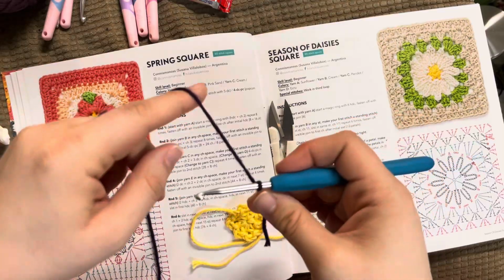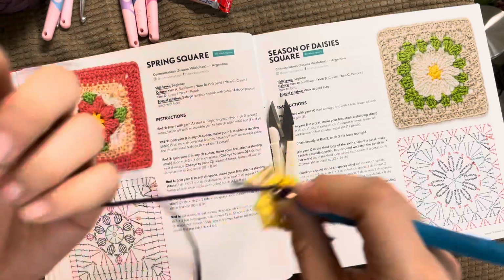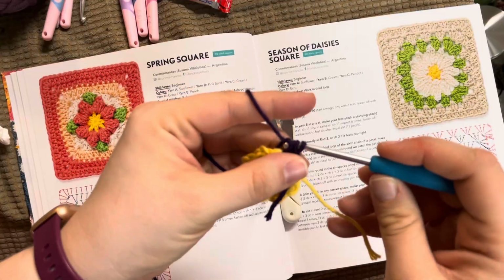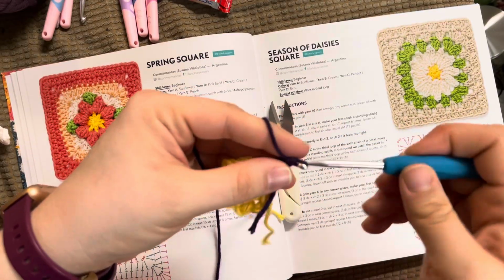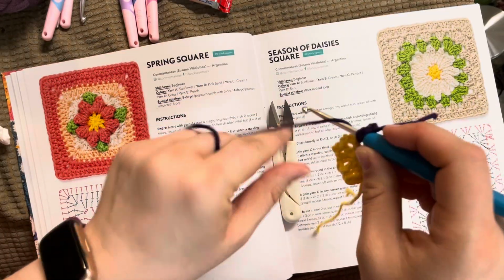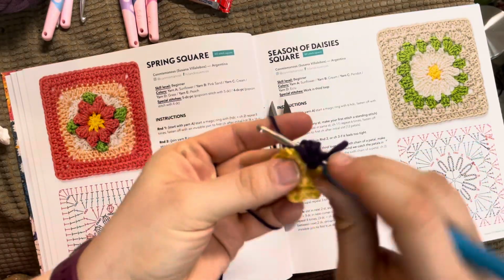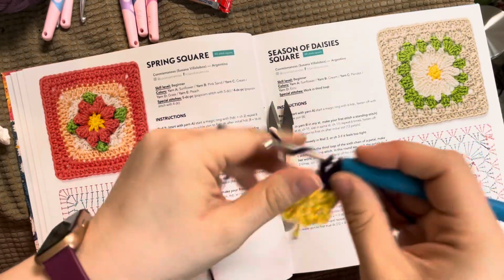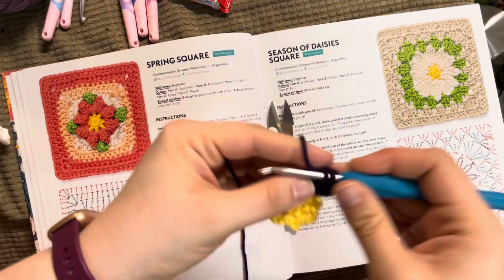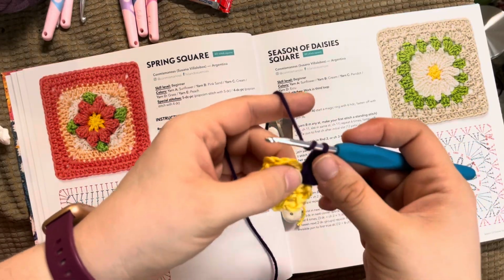So if you remember, you anchor here, you yarn over, you anchor with your thumb, you go into any of your chain 2 spaces, yarn over, pull through, yarn over, pull through 2, yarn over, pull through 2. And there's your standing double crochet. Now you need to do 4 more double crochets in that space. 1, 2, 3, and we're going to do 4 right now, but I'm going to talk you through it a little bit better